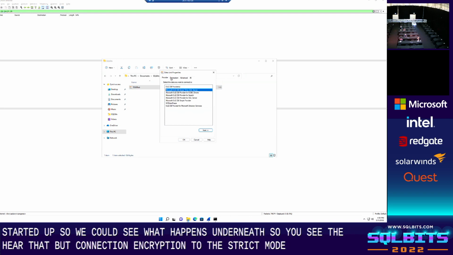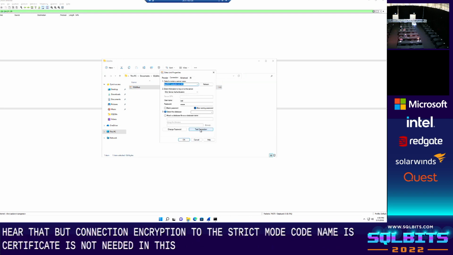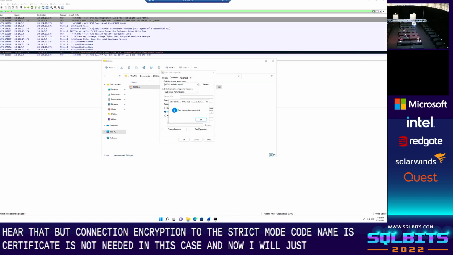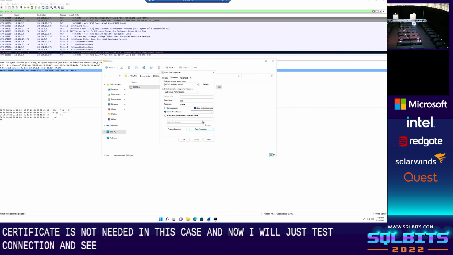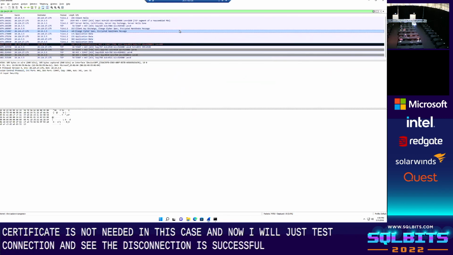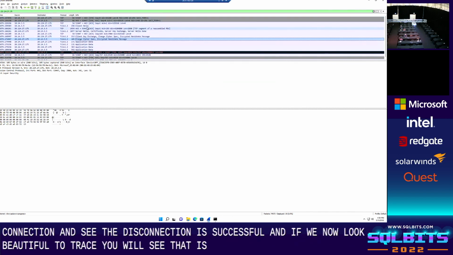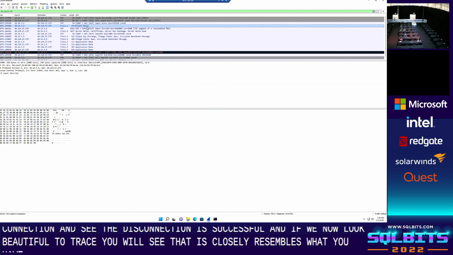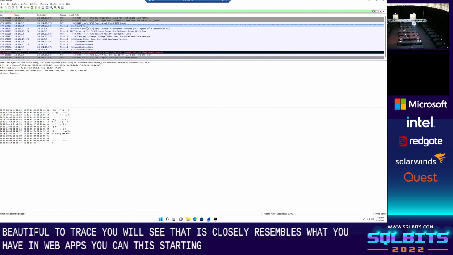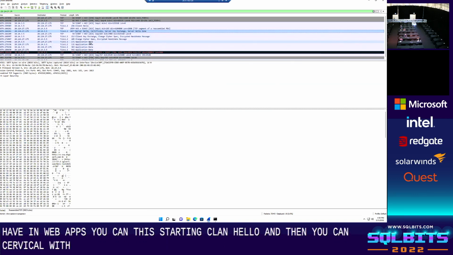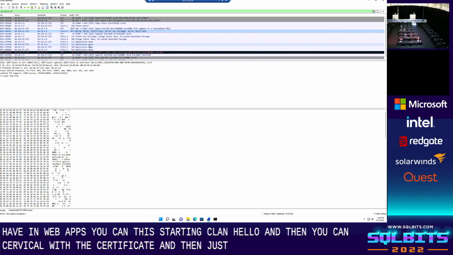Host name in certificate is not needed in this case, and now I will just test the connection and see that this connection is successful. And if we now look briefly into the trace, you will see that it closely resembles what you have in web apps. You have this starting client hello, and then you have server hello with a certificate, and then just application data.